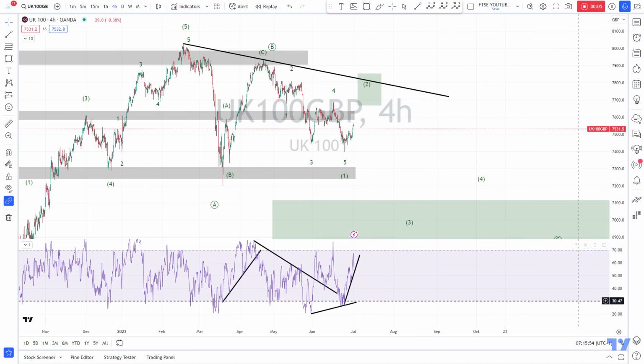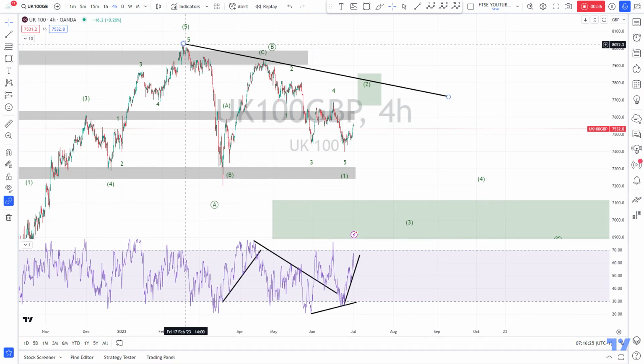Time is around 7:15 GMT, and we will have a look at the FTSE futures on the Oanda platform. If you have seen my weekend analysis, where I analyze the higher time frame, the weekly, the daily, then you should know that for now, I believe we made a high here, and that we now started a pullback. If you are interested in details on this analysis, please have a look at my weekend video.